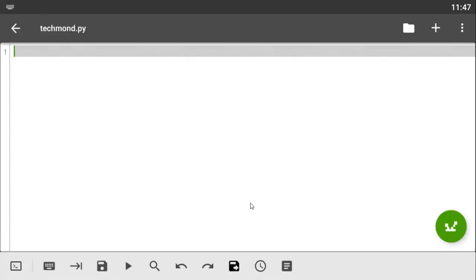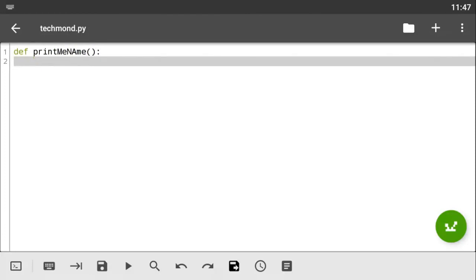So let me just quickly show it for you guys so you can see the difference. We've talked about functions before, but let me just do a quick recap so that you guys know what we're talking about. Let me define a quick function for you guys. Just use a def, and let's call this function name print me name. Okay, so that's the function name. This is just going to print out TechMond is the best. So let's just give it some simple print out